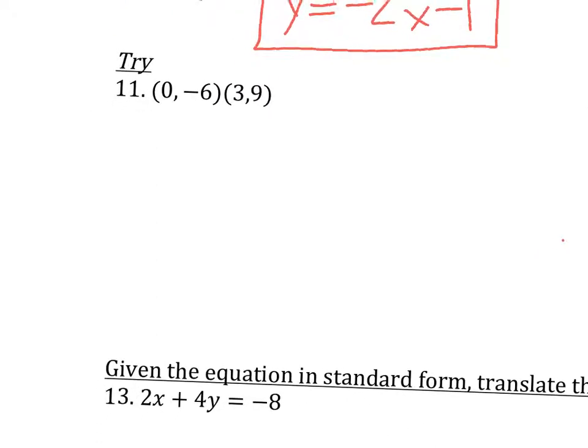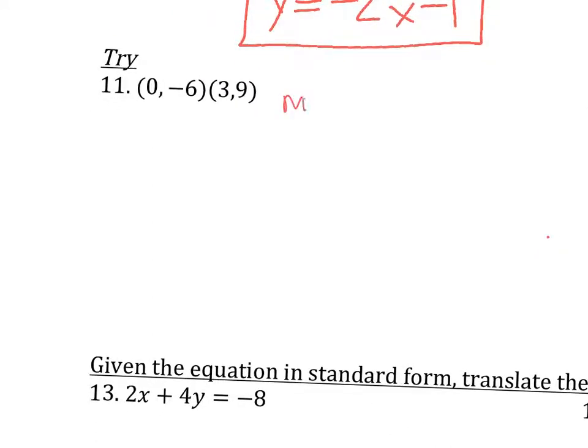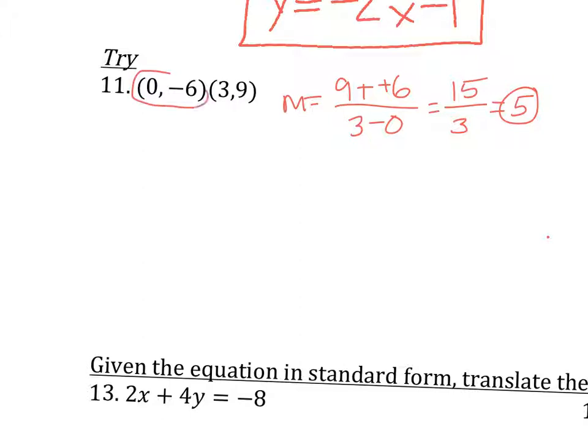All right, on number 11, okay, I'll do my slope, so 9 minus -6 on top for my y's, 3 minus 0 on bottom for my x's, minus a negative becomes plus a positive. So on top, 9 plus 6 is 15. On bottom, 3 minus 0 is 3. 15 divided by 3 is 5. So there's my slope. My b, I look for the ordered pair that has 0 in it for the x. So my b has to be -6. So then I have y